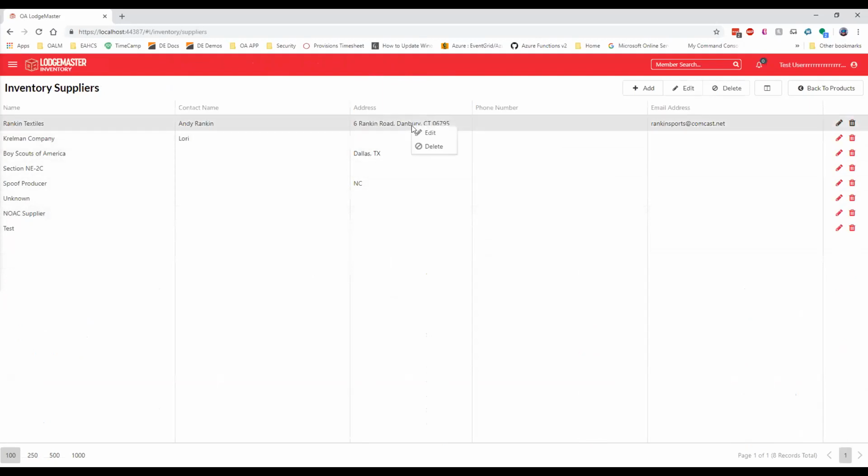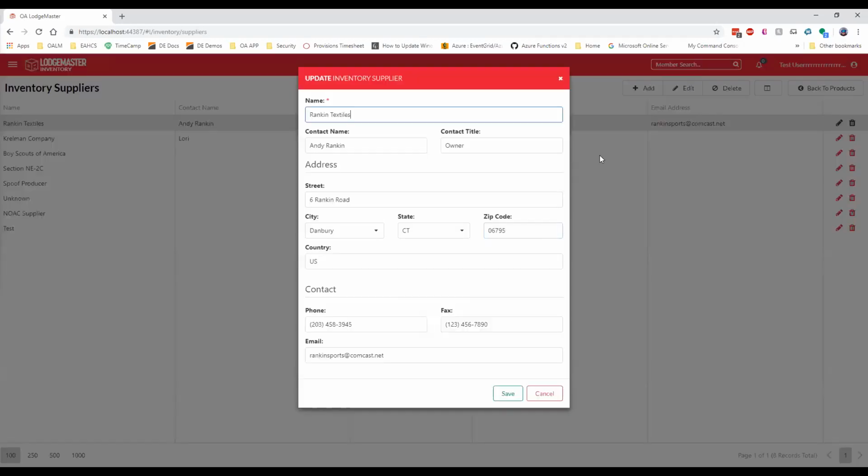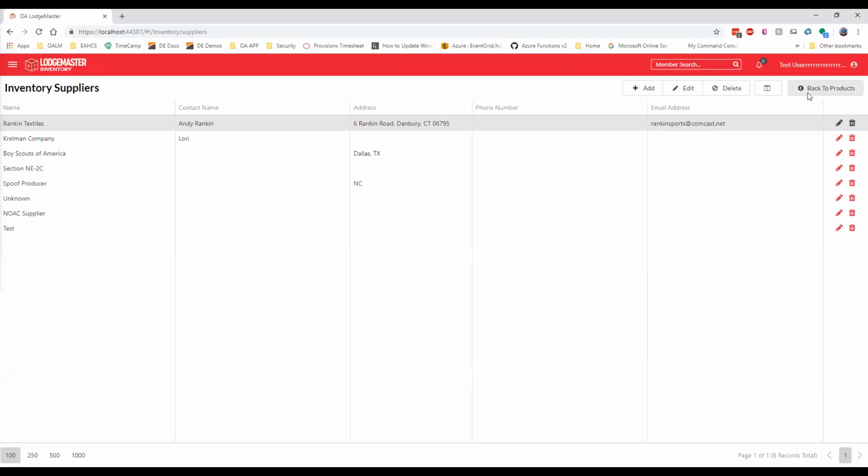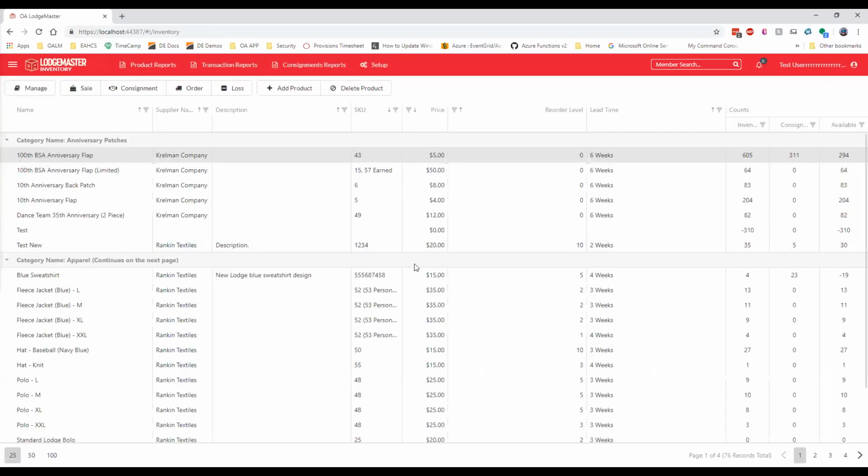Similar to products, it brings up a modal for you to be able to edit or add a new supplier. So this implementation will be completed in the next few days, and we'll be releasing that with the BSA verification stuff next week. Hopefully this little preview will allow you to get thinking of ways that you could use